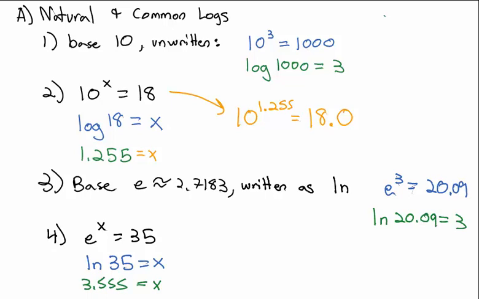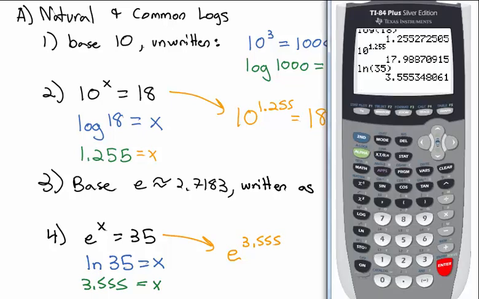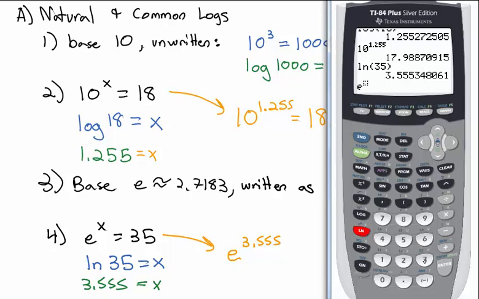And again, if we were to test this in our calculator to make sure it's right, e to the 3.555, again, we rounded down, so we're going to end up a bit too small. The way we get the e is we hit second, and then above the ln, you see it says e to the x, and type in the